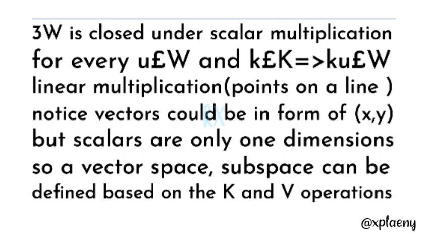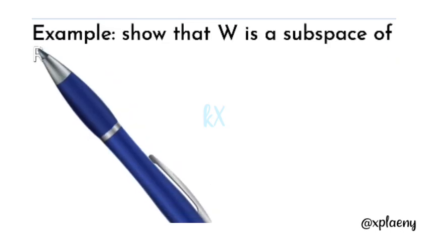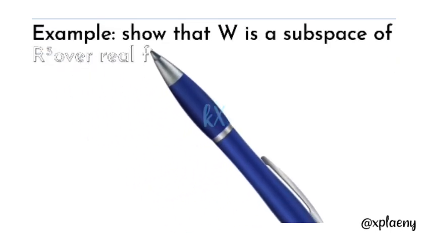So let's look at what we can do. We'll look at some examples, one or two, and then from there we continue. So let's see our very first example. This example says we should show that W is a subspace of the three-dimensional Euclidean space, that's R3, over a real field R,